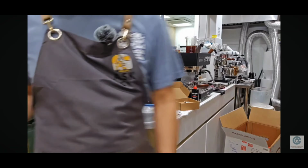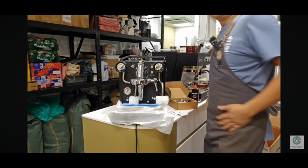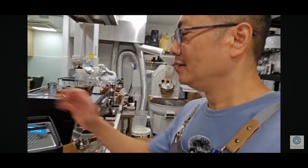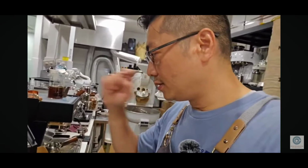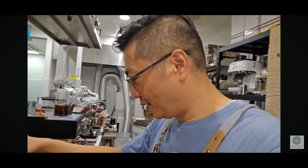I think I can only do this later. I will probably have to advise my customer I can only deliver the machine later in the afternoon. I can't do it now because I do not have an adjustable wrench in my shop, so I have to buy one. I used to have one, but I don't know where I misplaced it. Oh, it's already 1 hour 25. I can't imagine 9 of you still stay online with me. Let me just look at